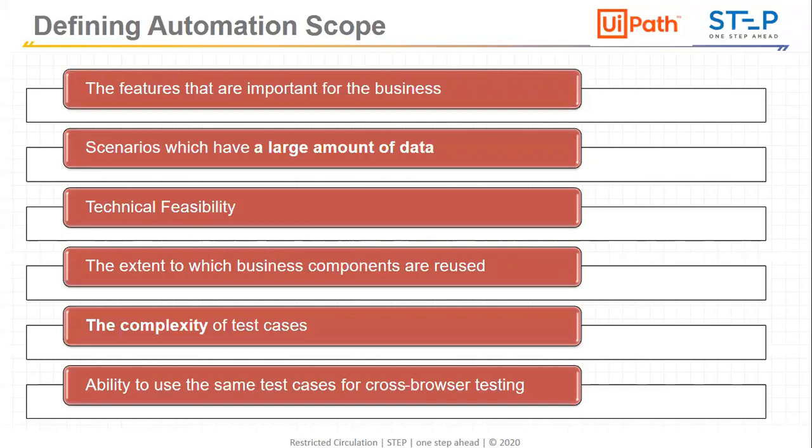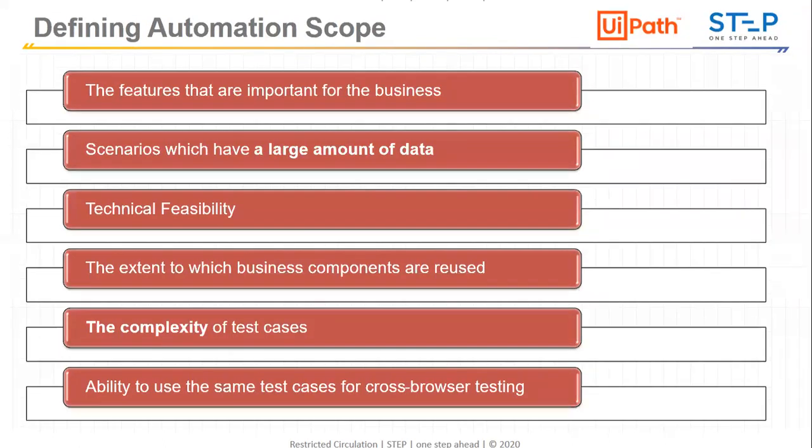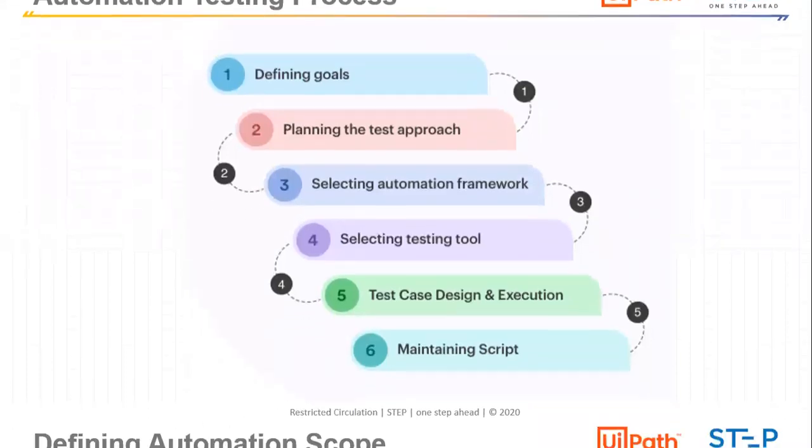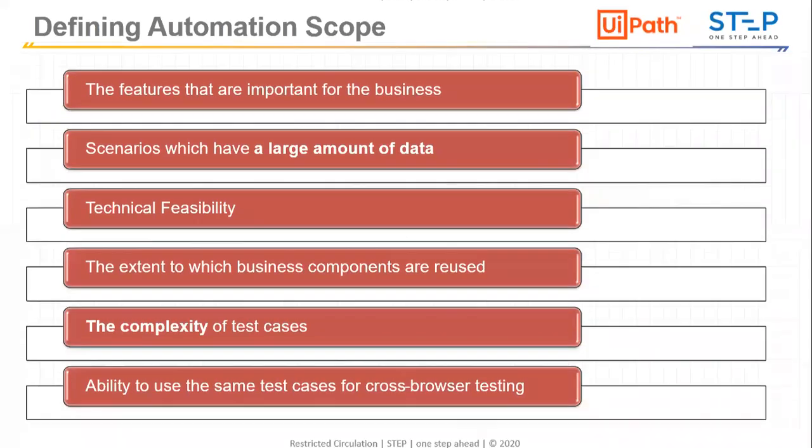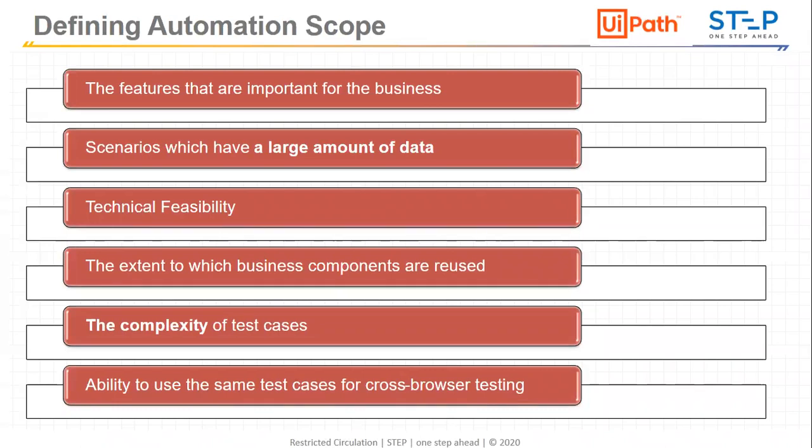So this is the backbone of the automation, defining the scope. Without defining the scope, the goals are very important. So we are here to define the automation testing scope for our project. Features that are very important for the business, critical functionality, should be taken for automation. If it is normal functionality that needs to be executed once in a month, I will definitely not take it into consideration. The functionality important for the business needs to be considered first.